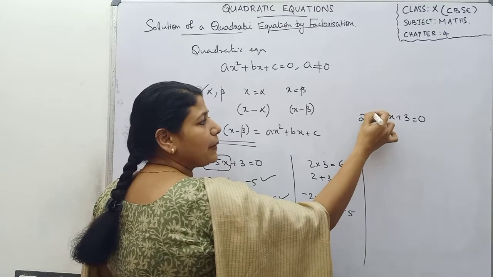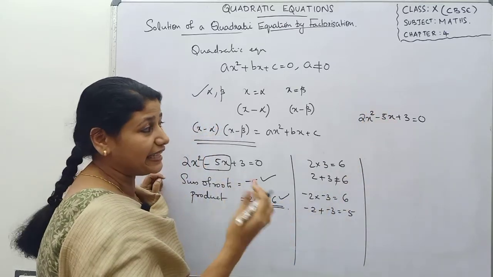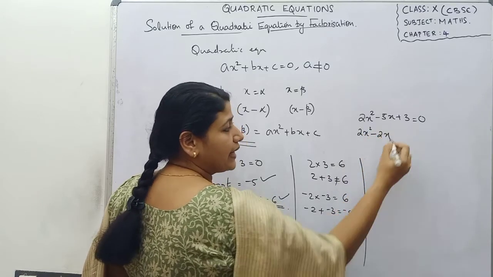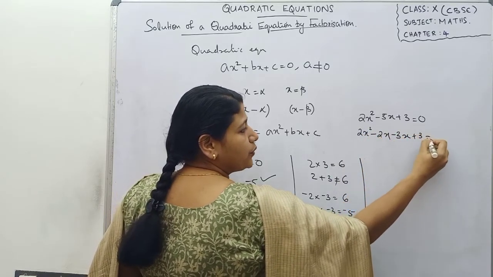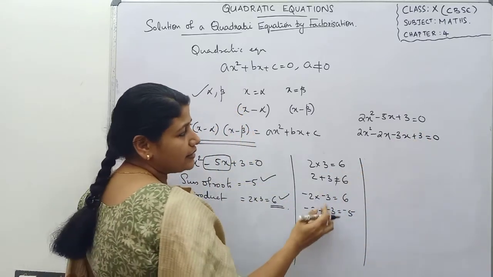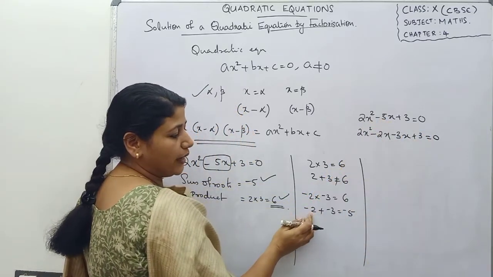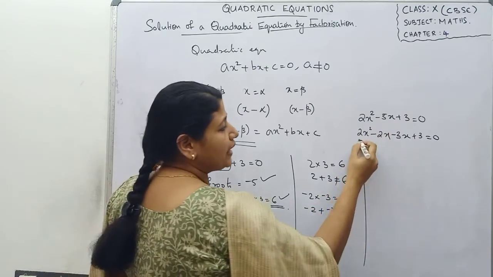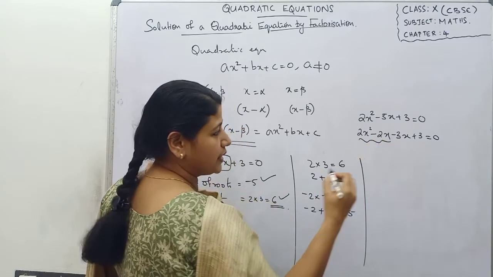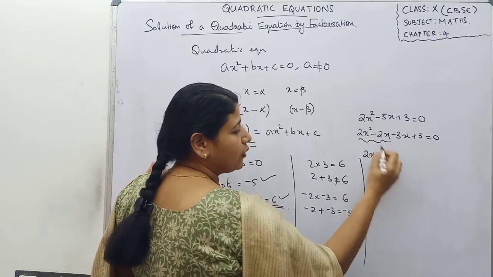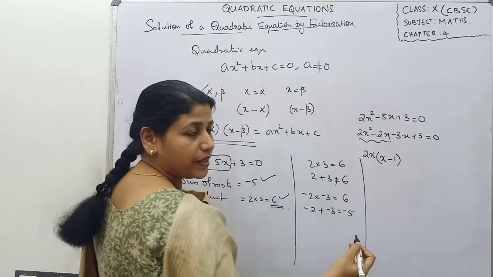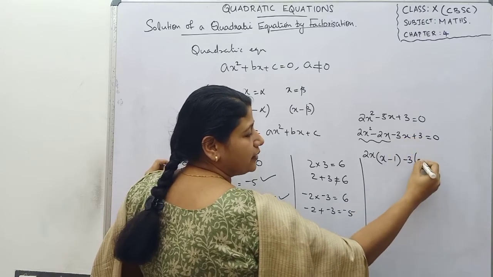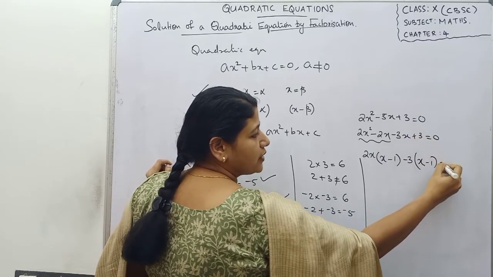We are going to split the middle term. That means we are going to split the negative 5x as 2x square minus 2x and minus 3x plus 3 equal to 0. Okay. This negative 5x can be written as negative 2x plus negative 3x, or we can write negative 2x minus 3x. Now we can take 2x from the first two terms outside. You can take 2x. Then here it will be x, here it will be 1. And from here also you can take negative 3. Then this will be x and this will be negative 1. This is equal to 0.